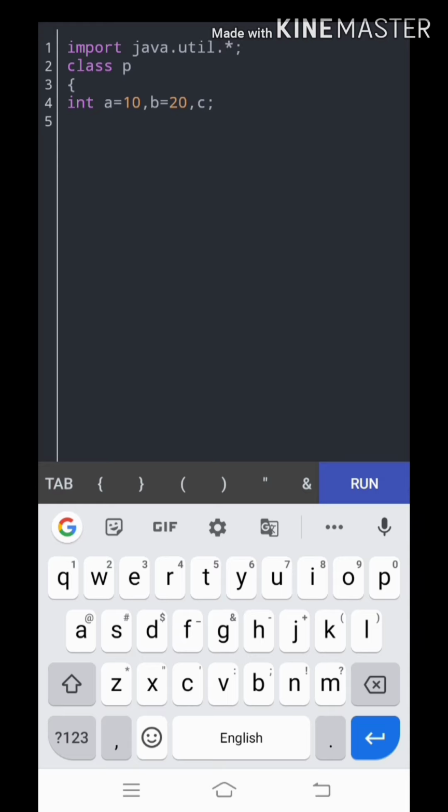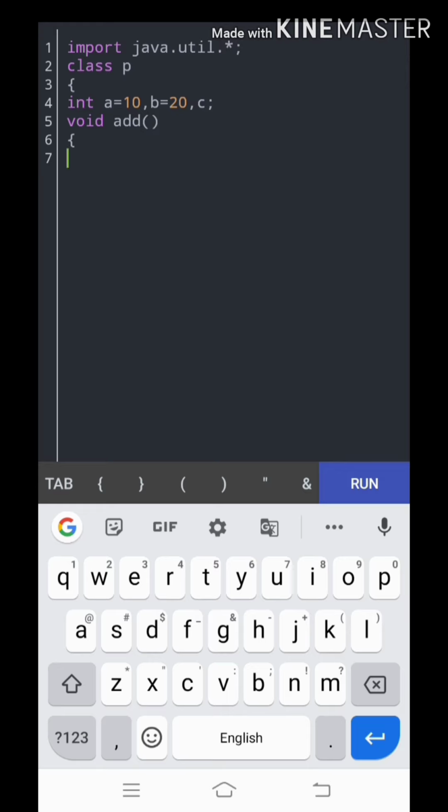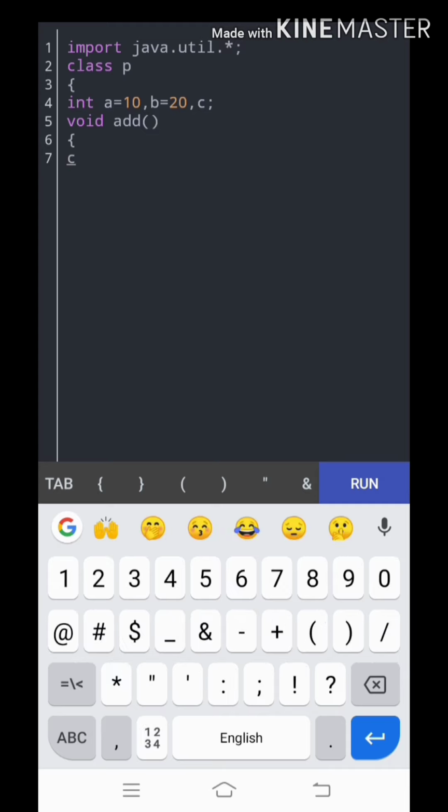Now, as we are dealing with a method with no parameters, I am going to take a method void add. No parameters means empty. In this I am going to write c equal to, so it is an add function. I am going to add the two variables a and b, and save it in c. So c equal to a plus b.